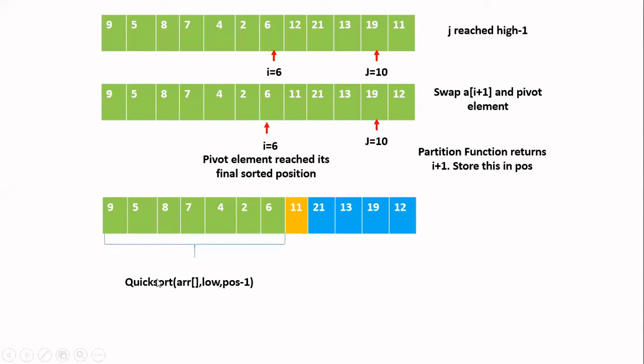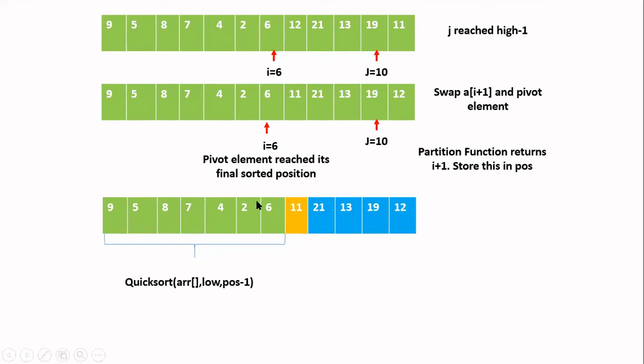But a very important thing to note here is you have to pass the entire array again, but the indices for this array are now different. Every time you have to pass 2 indices to the array, which will tell you where the first element of that particular subarray starts and where the last element of that subarray is present. So if you see this subarray in green color, the first element is starting at the index low, which is same as the previous low. But the last element of this subarray, previously it was at the high position.